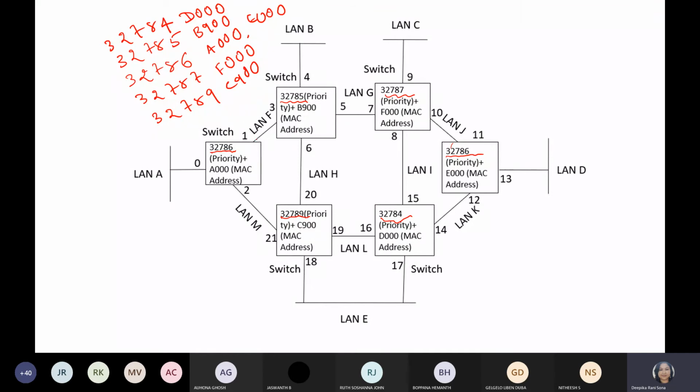This type of question I have given in your DA, guys. You just check that. I have updated the question. You just go through that. The DA question is uploaded with the updated data. I have to upload the question in BTOP only, guys. In Teams, if the file is bulky and I cannot upload in BTOP, then only I upload the data in your Teams. Okay. So from this, any idea how to identify the root bridge?